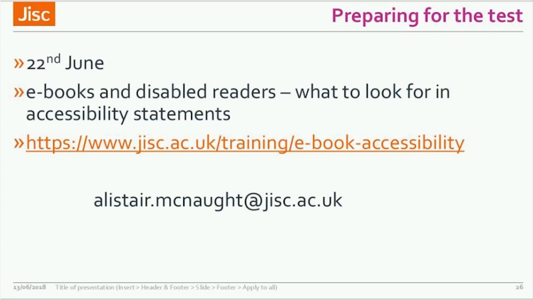So if you want to make sure that by the 4th of July your accessibility statement has had a once over and had a little bit more beefing up, to make it a little bit more effective for users, then do join us for that training session, where I'll be taking whoever we've got through the questions and giving advice and guidance as to how to maximize score simply by providing really effective information.